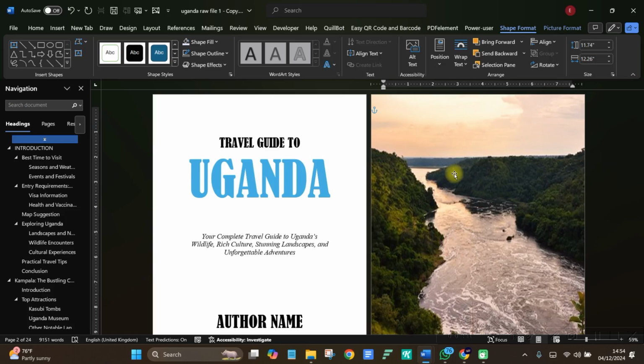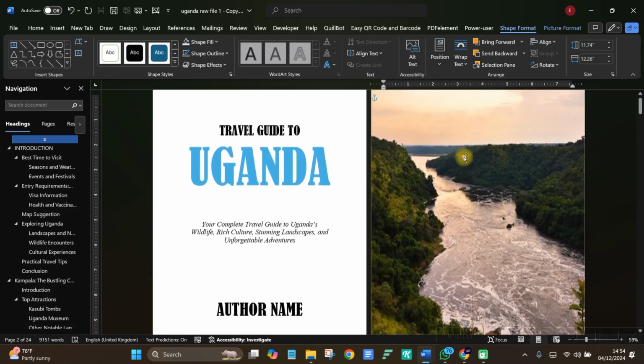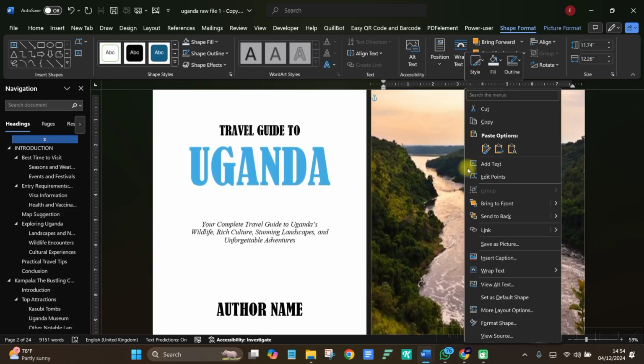So this is the image I want to use. Now, how do I make sure that every time I click on shape, this image is the one that appears? All I have to do is click on it, right click, and come down here. It says set as default shape. You can set this image as default shape. Now, this feature may not be in other Office products, but it is available in